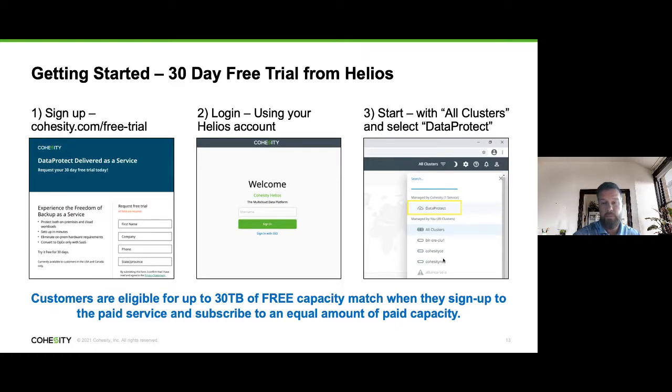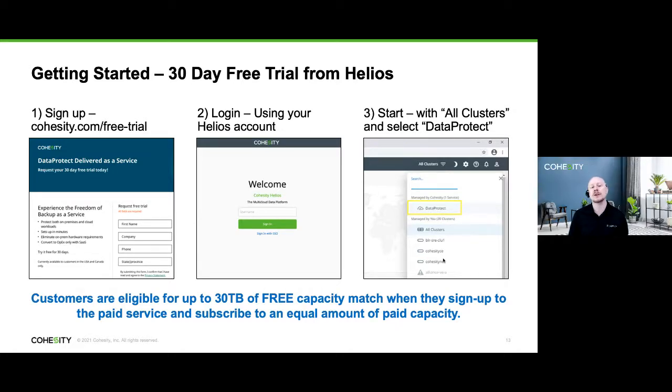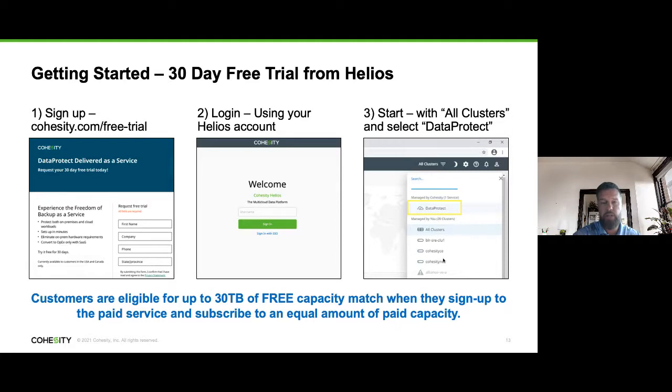You don't need to purchase anything as far as hardware. It is a downloadable VM. We have this under VMware as well as Hyper-V with more hypervisors coming. So it's truly just a matter of deploying a VM and establishing a connection from your Helios account to that particular environment. That's it. We also have resources to help customers get started.